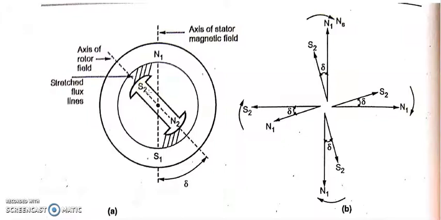But after applying a certain increase of load, what happens? Delta remains constant even after application of load again and again within the rated limits. The motor will still have constant speed. The motor will never run at slip speed. It will always run at constant speed even as you load and load until the rated conditions are reached. The flux lines will stretch and stretch as you increase the load, so delta will also increase. But as per this topic, there is no load applied, so delta will be constant and very, very small.